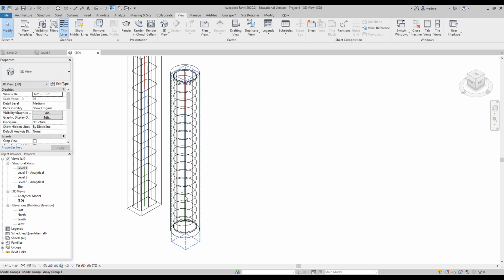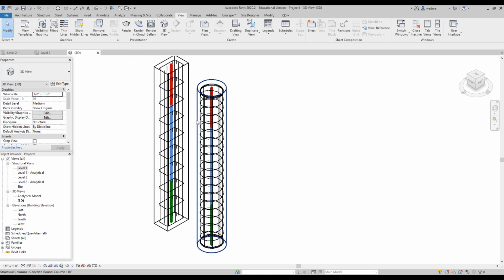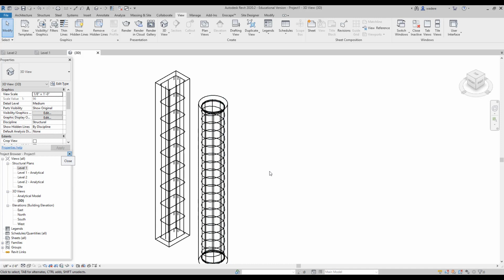now I have my vertical bars. And I just changed that to my thick line so you can see it just a little bit better. If I don't want to see this analytic in here, again, I can come over here and turn that off. Rebar basically works the same whether it's in a column, a beam, a foundation. You just got to make sure that you put the right cover on it, you put the correct spacing, the